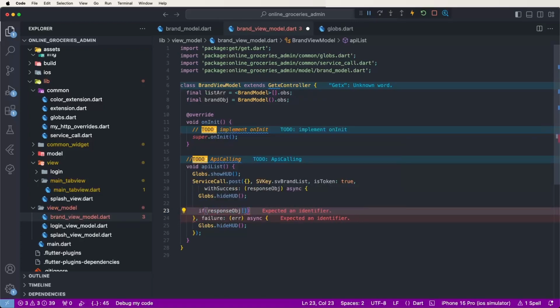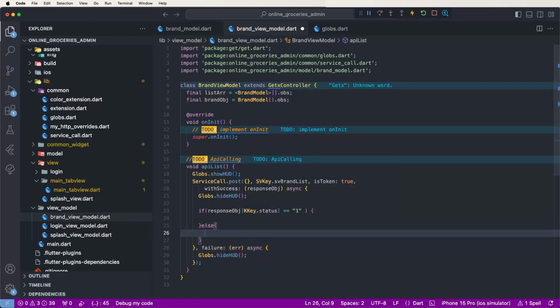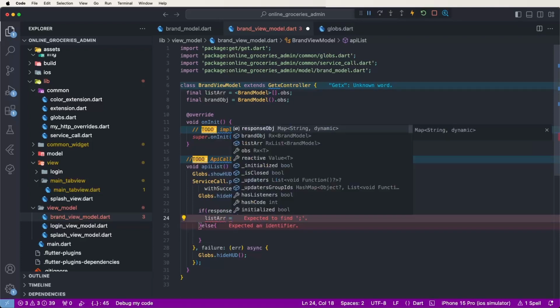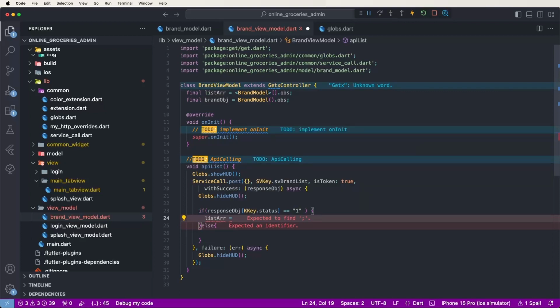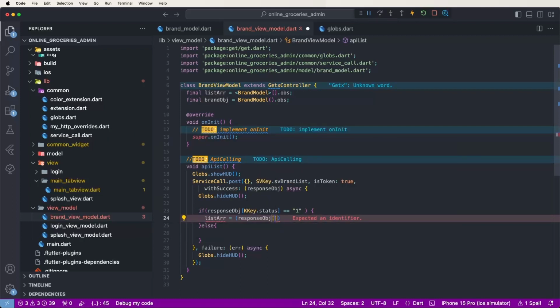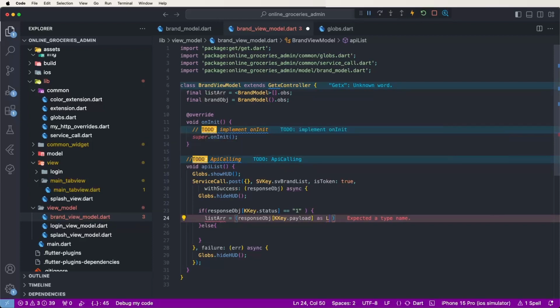If response object dot status equals 1, then to successfully get the list; else part, we need to set a blank value. Now we need to set the list array equal to the data, passing the response object, and to get the payload. Now we need to get here the list